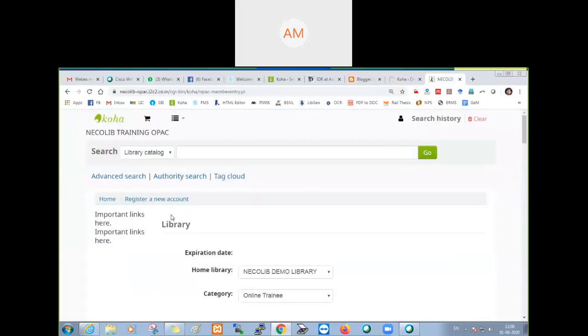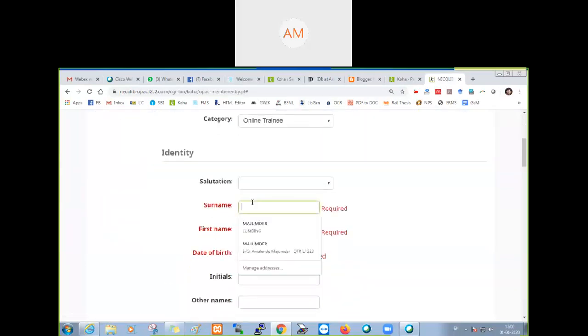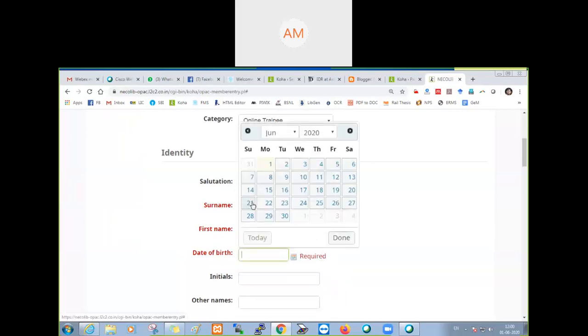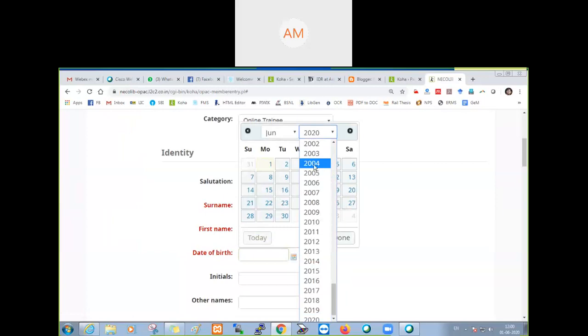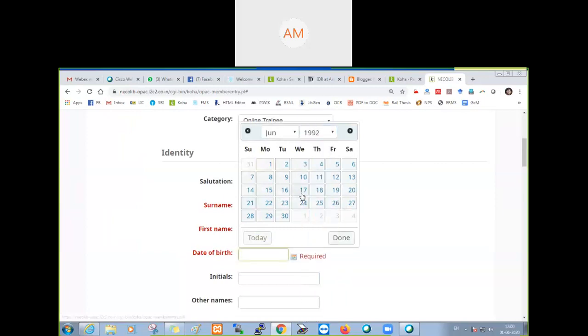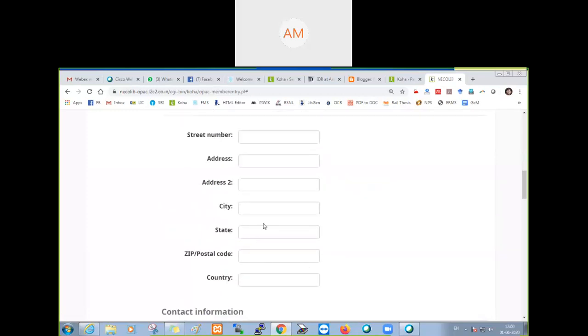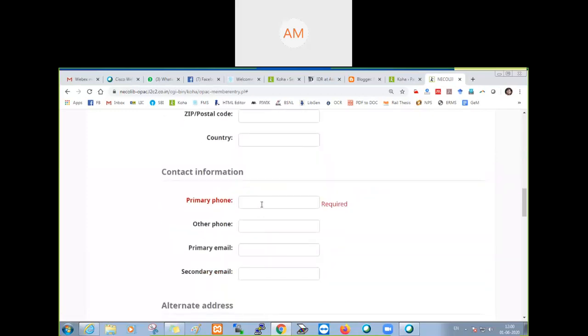There is a typing mistake. That's why it went through. Das A, 1992. Primary phone, primary email, that will show the mistake.